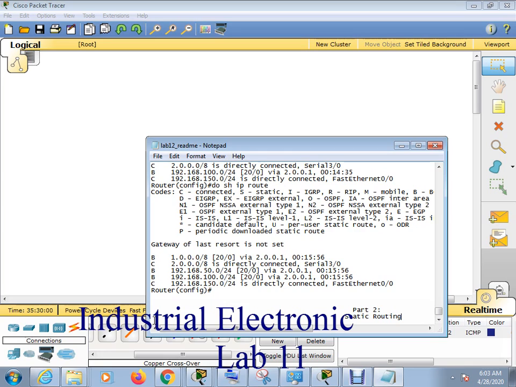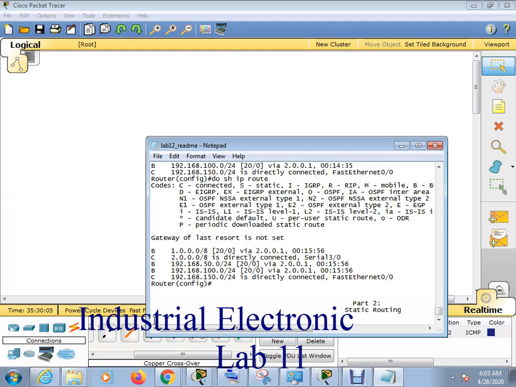Okay, it totally depends upon manual addition of IP addresses, in which we are adding IP addresses manually. Okay, so we have to start our static routing